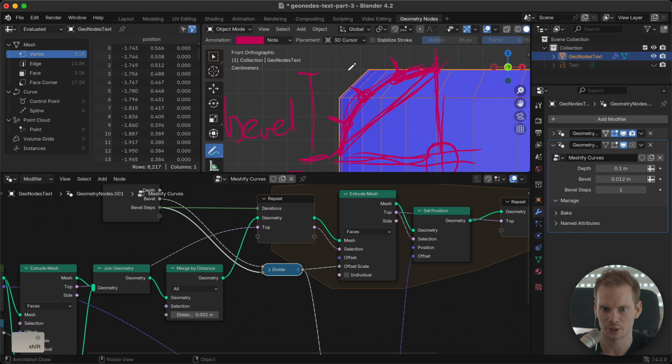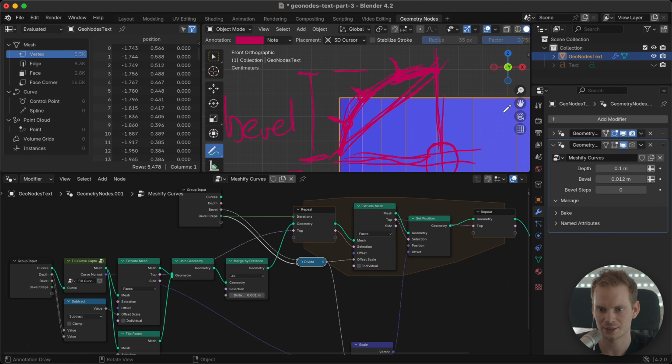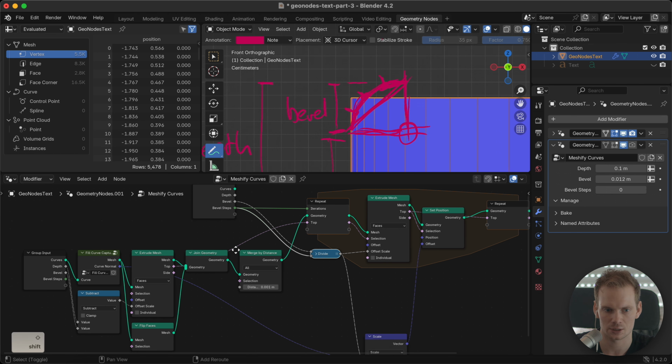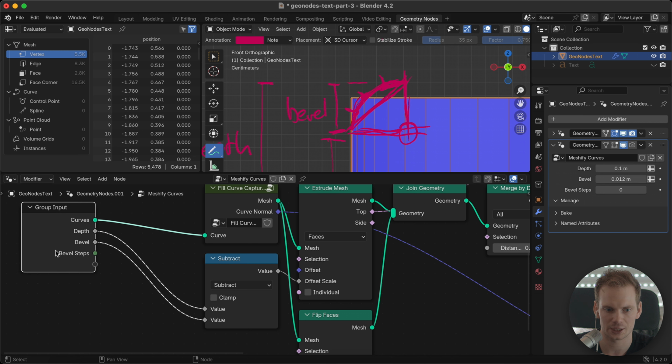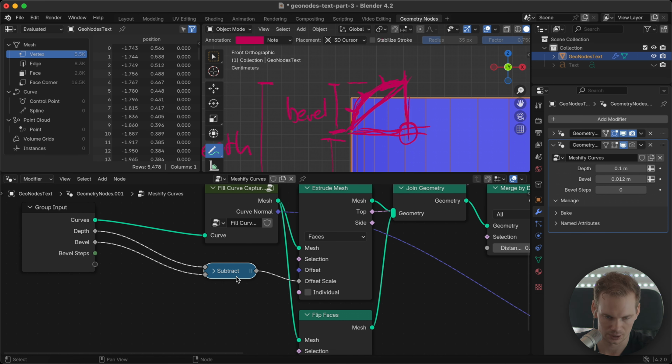At step 1, we get to exactly this level of 0.1, our depth. But when we set that to 0, we lose that. So let's fix this, and it's pretty easy to fix. So where we set the initial level of extrusion is all the way back here, and we calculate this depth minus the bevel. So we can also actually minify this node because it's clear what it does. So we take the depth of 0.1 and we subtract the amount of bevel.